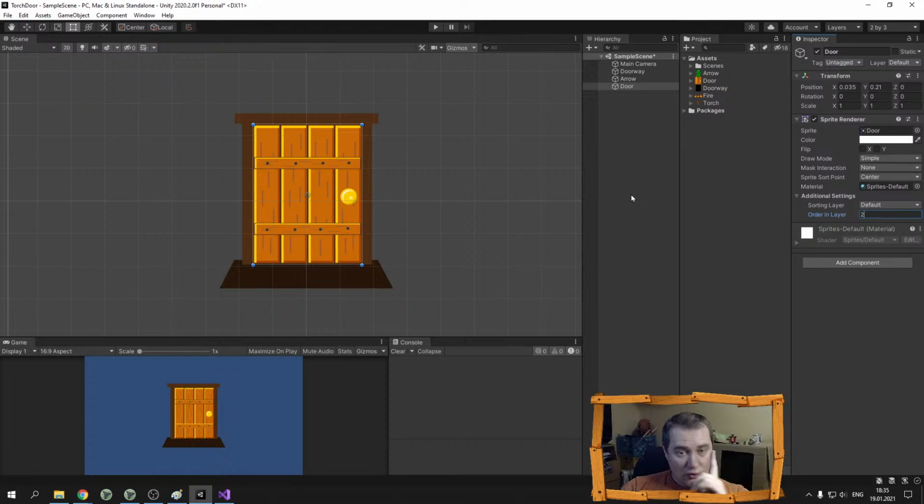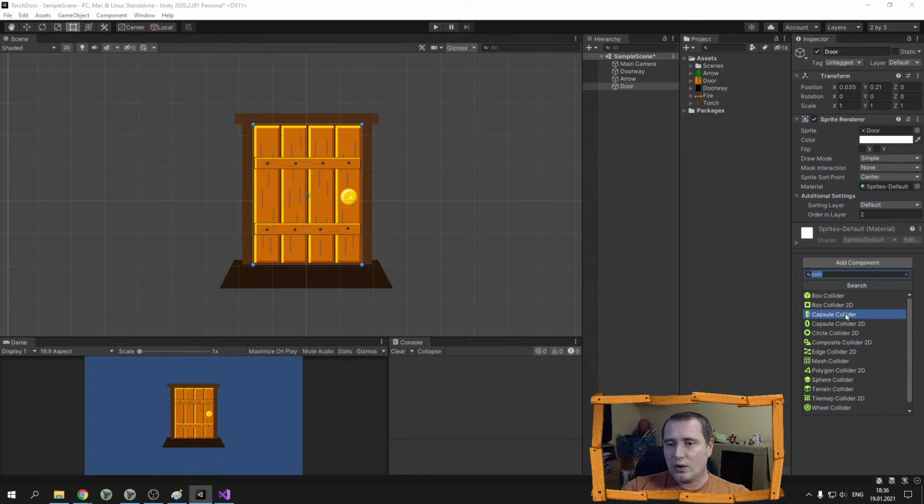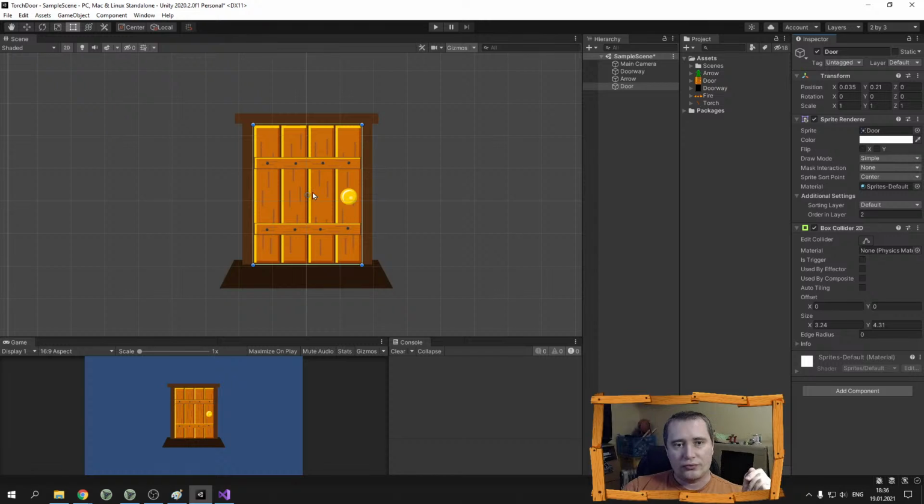Okay, door will have a collider as well, because we're going to detect collisions between door and a torch later. So I add a box collider to my door and maybe make it a bit smaller like that. Okay,